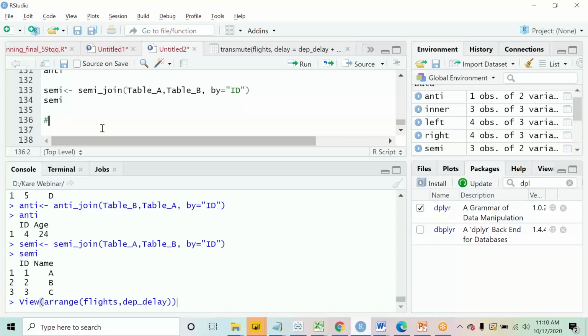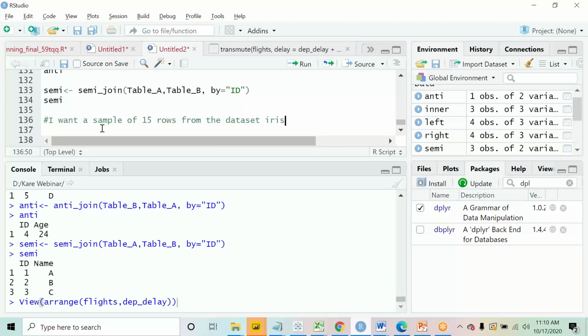The question is, please pay good attention to it. I want a sample of 15 rows from the dataset iris. Please, I'll explain the question to all of you.